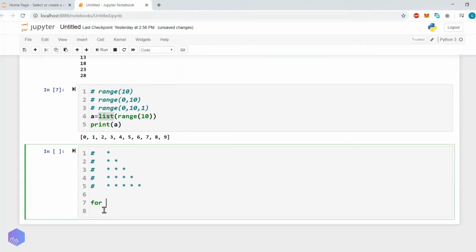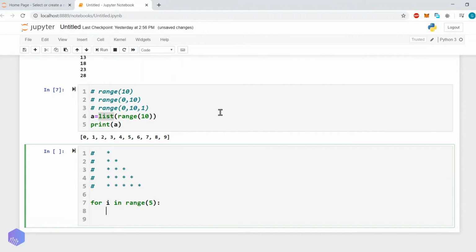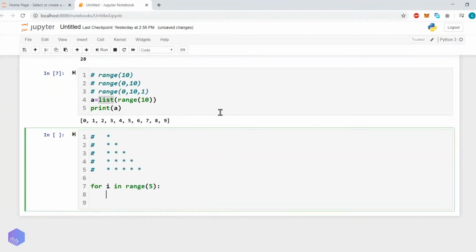So for i in range, let's say 5. Here we will generate 5 lines. Then for j, we will use another variable, for j in range, here we will specify the value up to i plus 1.